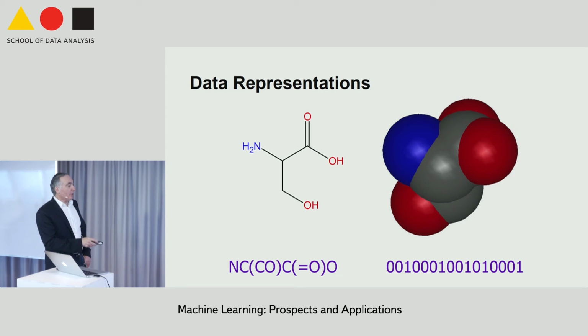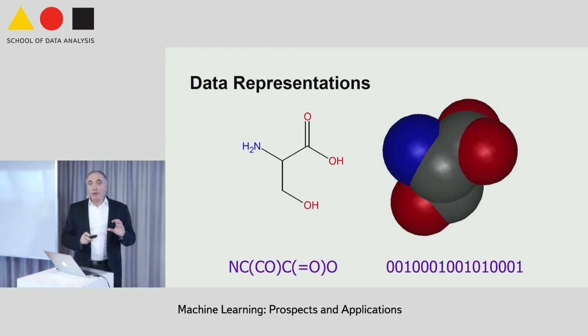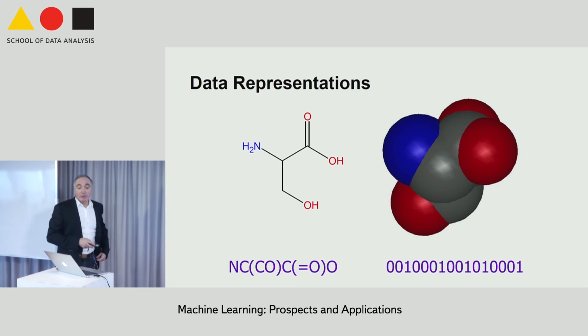I get a carbon here. Now I branch out, open the parentheses. I have a double bond, you put an equal sign. Oxygen is here. I am at the end of the branch. I close. Then I finish. It's an oxygen, right? Of course, you have cycles, benzene. Then you use lowercase c, etc. There's a few more tricks, but really, in one day, you can learn how to speak SMILES.